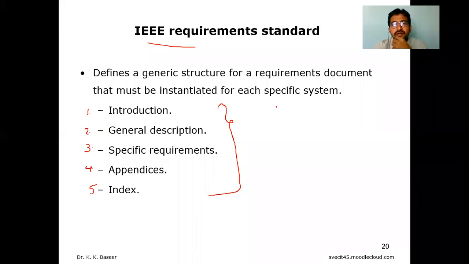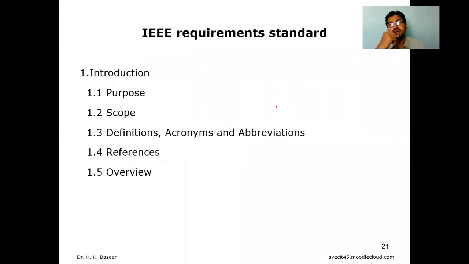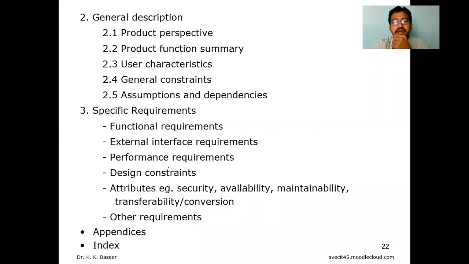Now let me see what you actually covered in the introduction part. Hope you remember your template and what things you covered in the intro part. In the introduction, what you have kept in your SRS: purpose, scope, any definitions, acronyms, abbreviations, references, and overview. At least three to four of these things you have already covered in your respective project. Hope I'm right, right? So the intro part covers the purpose, scope, any definitions, acronyms or abbreviations, the references part, and the overview.